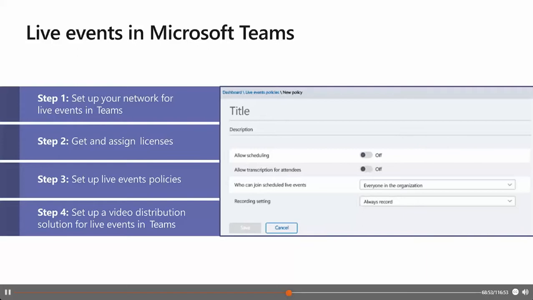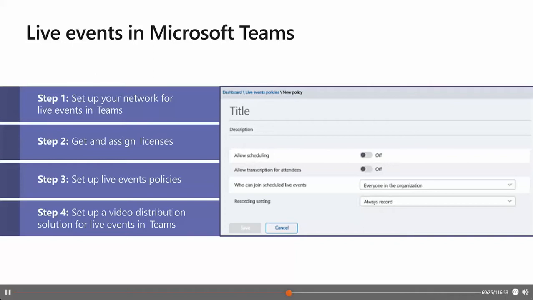Step 4 is also an important topic: to set up a video distribution solution for live events in Teams. The playback of live event videos uses adaptive bitrate streaming, ABR, but it's a unicast stream. Meaning every viewer is getting their own video stream from the internet. So for live events or videos sent out to a large portion of your organization, there could be a significant amount of internet bandwidth consumed by your viewers.